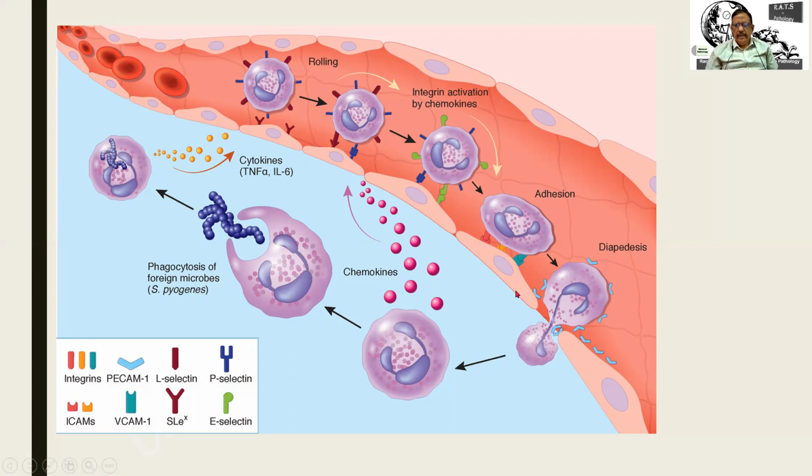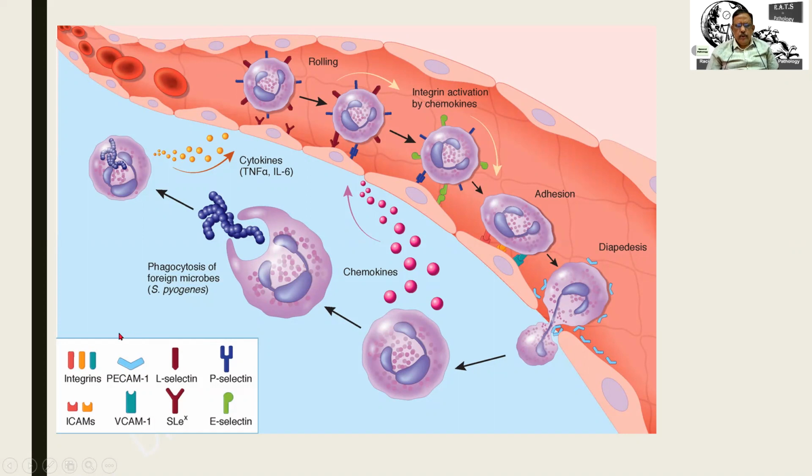Finally, you find that there is an increase in the interendothelial gap, as a result of which the cell is able to move out, which is called diapedesis. This is an active process as far as the WBC is concerned, whereas the RBCs will passively be moving out. Also, you find that these cells release some substances called chemo.